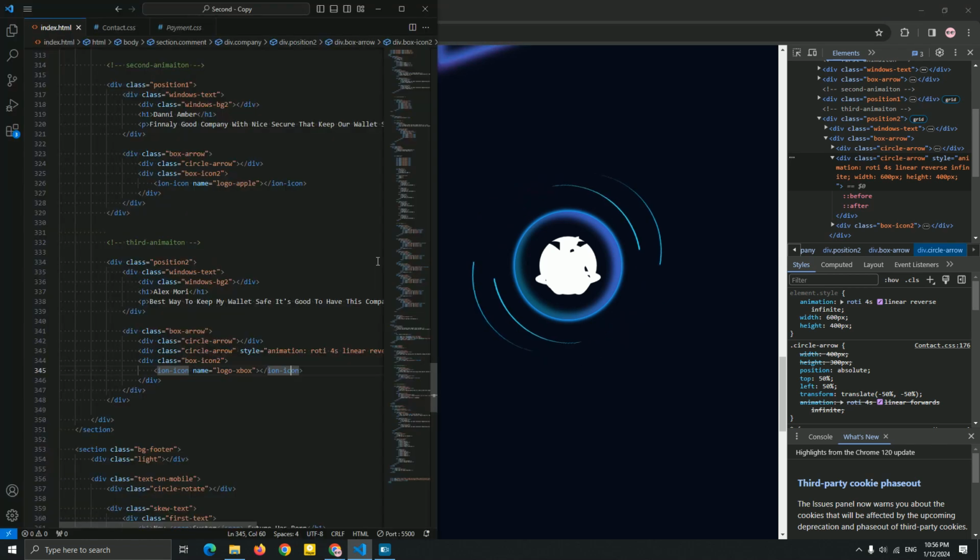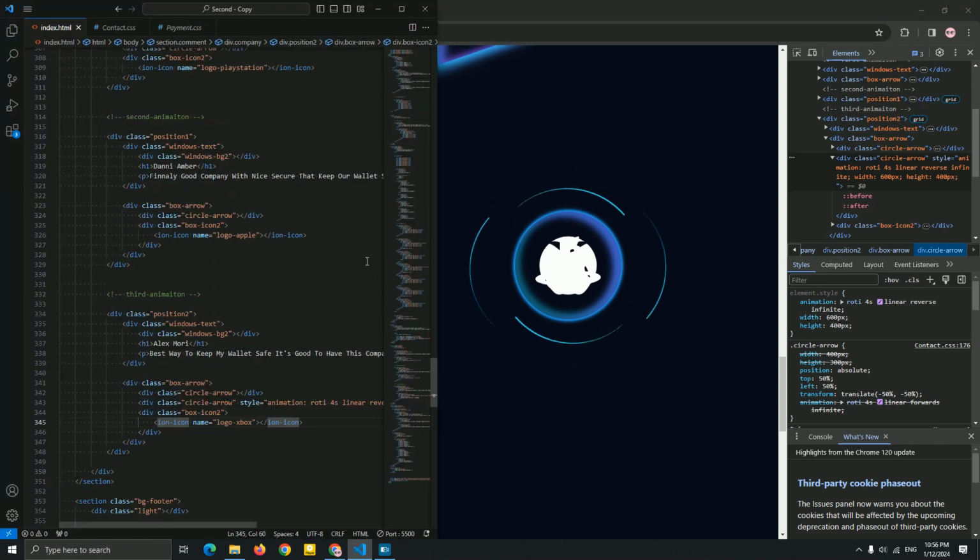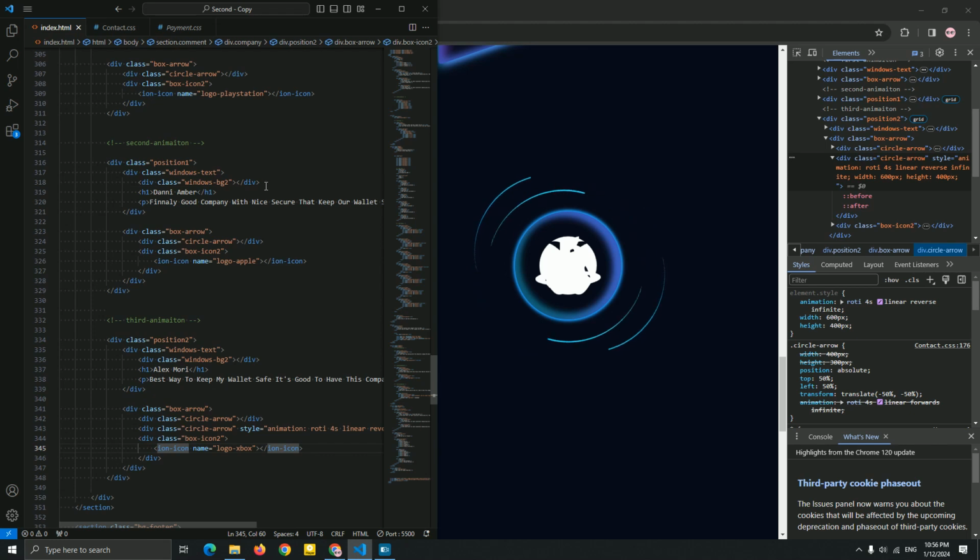Let's go. Before we start the CSS to add animation, let me add a quick ID for this. So we have this Windows text. I'm gonna add ID, simple name, left side, for this because I want to add animation inside of this. And just copy this for this position 2. Add it here, name it left side 2. And for this box arrow, I'm gonna add ID right side, which is this, to go for the right side. Okay, right side 2 for this, and for this I'm gonna add right side 1.